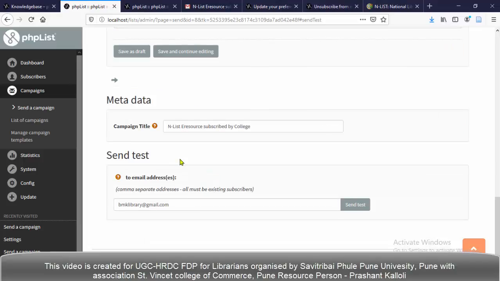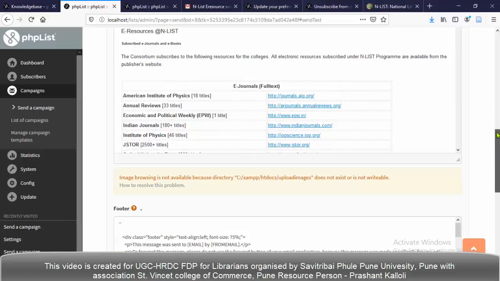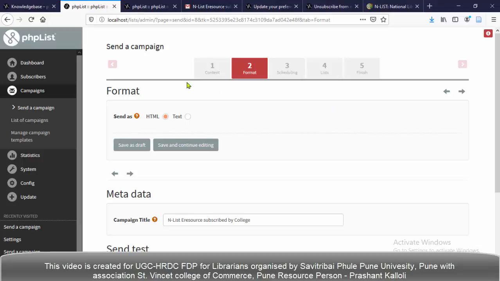After saving the information, I am going to tab 2, that is the format. I am clicking tab 2, format. Okay, the format page will appear. Here we have two options: one is HTML and the second is text.